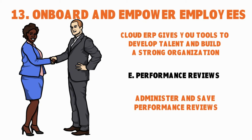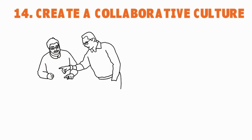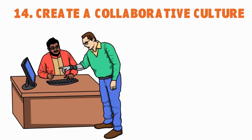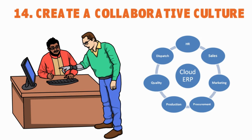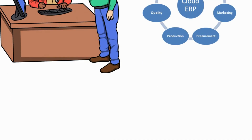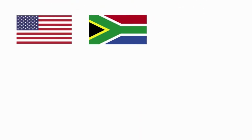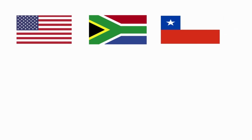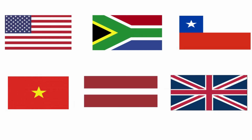Now, another thing you want to think about, which is also very critical here, is this. You want to create a collaborative culture, right? Through a smart use of Cloud ERP software. And the software does a great job at giving you the tools that shape the way people work in your organization. For instance, if you have a team that is really spread across the world, where people work from offices in the United States, in South Africa, in Chile, in Vietnam, in Latvia, in the UK,